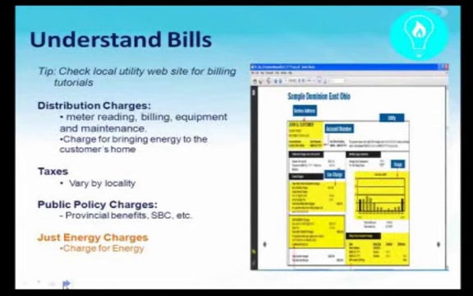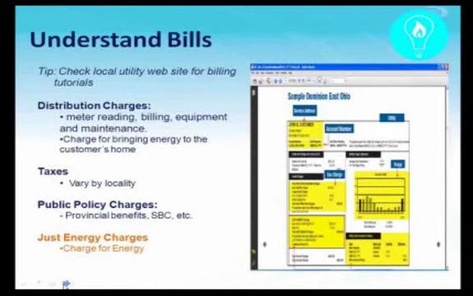Before they do that, I just want to take a quick rabbit trail just to make sure that you understand the bills at this point, because in order for you to have your customer enroll through your mymomentus.biz site, they'll have to have a copy of their utility bill in front of them. Number one, they're going to need that account number that's on their bill in order to enroll with you as their customer.